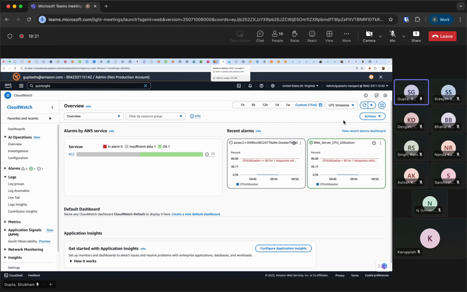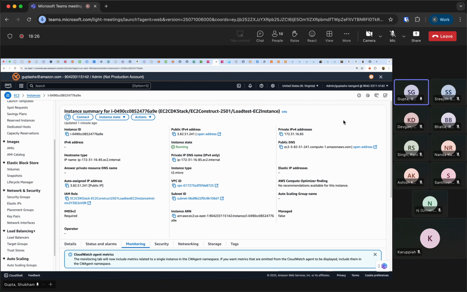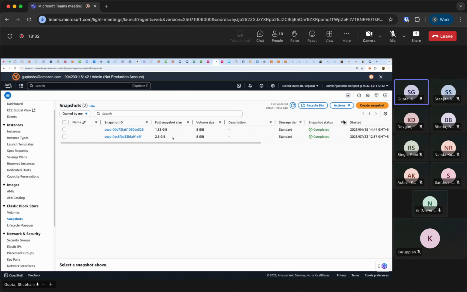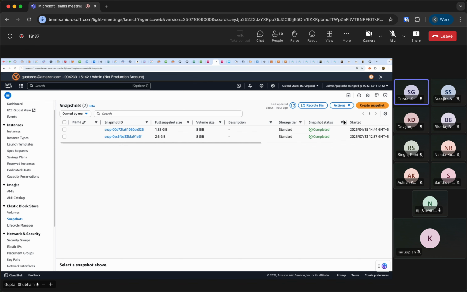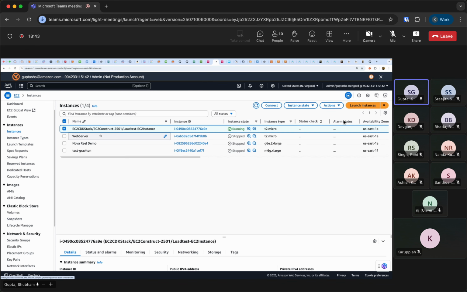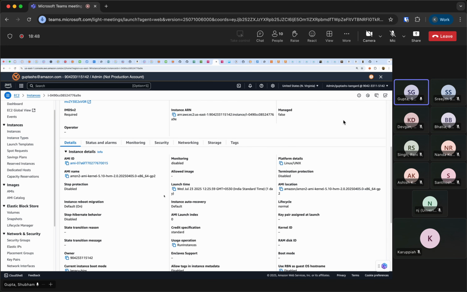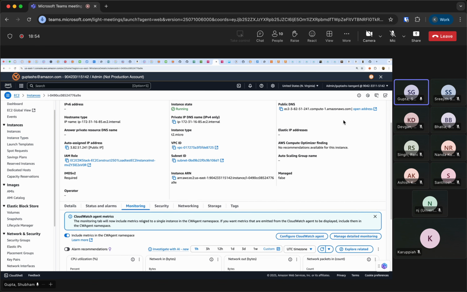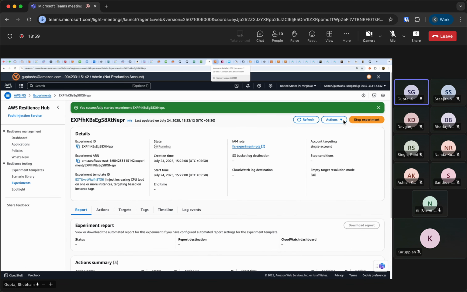Meanwhile, I'll show you one more thing. Currently this server is in active, healthy state, and we have two snapshots. One was created yesterday, the other was created quite a while back. These snapshots are of this instance, and in the runbook we saw there was a step to create a snapshot and then restart the instance. So what we expect is when we run this runbook, it adds another snapshot here before restarting the server. Okay, let's go back to CloudWatch now.